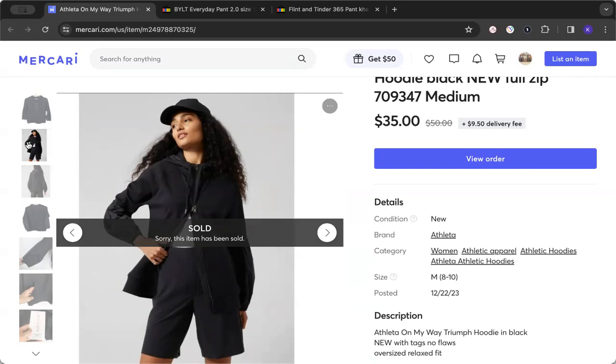But at the time, I was able to send it in, and whatever they tried to sell, they would give me a gift card for whatever store partnership I had selected. So I was doing a lot of Athleta. So I would get a gift card, and then I would go on the Athleta site and take that gift